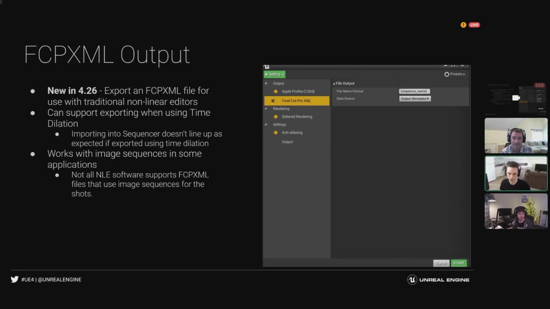Then when you hand this over to your editor, they'll be able to go in there and slide the shot around just a little bit if it makes the timing better between things. So that's a really useful thing. One thing to keep in mind, though, is that if you are using a time dilation track, importing that back into Sequencer doesn't work as expected, because once you've used time dilation, it's made sections longer than they actually are. So it's going to cause a lot of confusion in Sequencer.